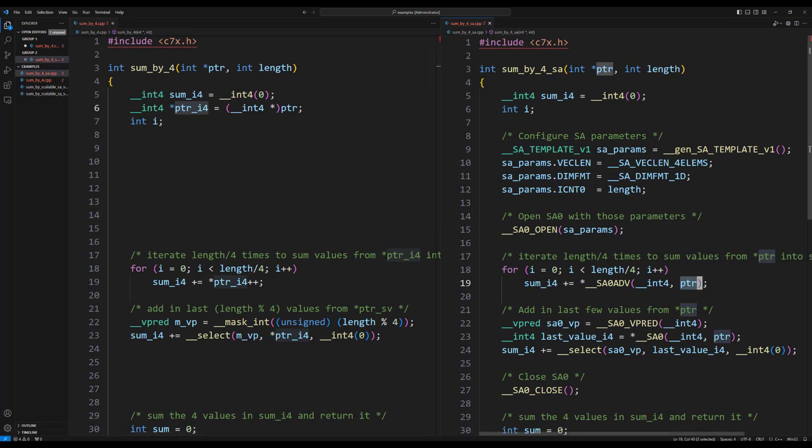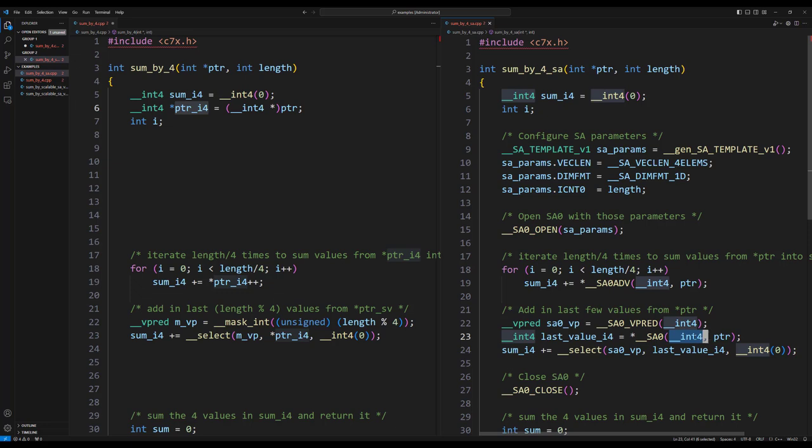So what SA0 does, this expression, it says to the SA, I want to take the current offset, whatever that may be, add this base address pointer to it, that forms an address. Okay? And what is the type of the address? It's this type right here, a pointer to int4.